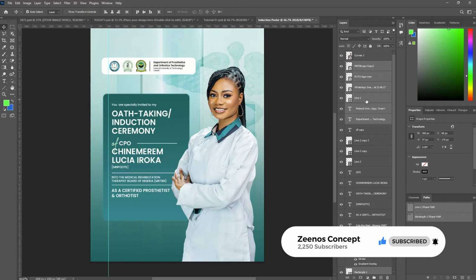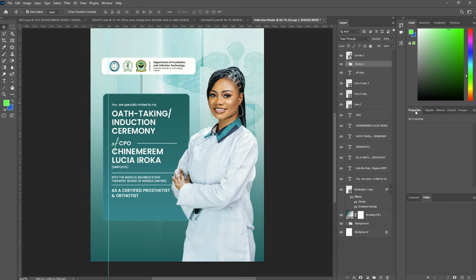Now for you not to make a mistake later, you can actually just group everything here like this. So yeah, it's a group now. So we have all this set, and we also have this one here set. So we're almost getting there, so don't be afraid. The next one will be adding